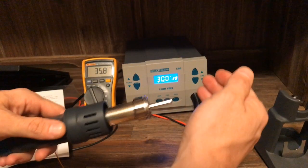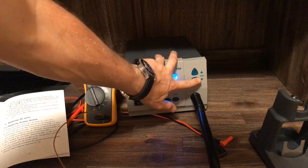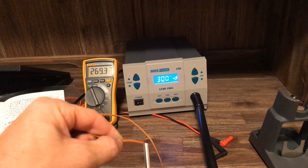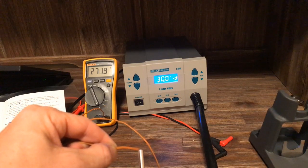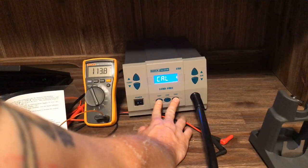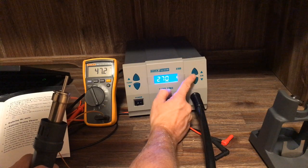Yeah, feels pretty good. Okay, so let's crank that airflow back down to 40 and see what our temperatures read. 270 again, eh? Alright, so let's try and calibrate it again. So we hold these channel 1 and 3 for 15 seconds. Now it's saying calibrate. And we're going to make that 2. The digit placement here. Okay, and then when you're done,